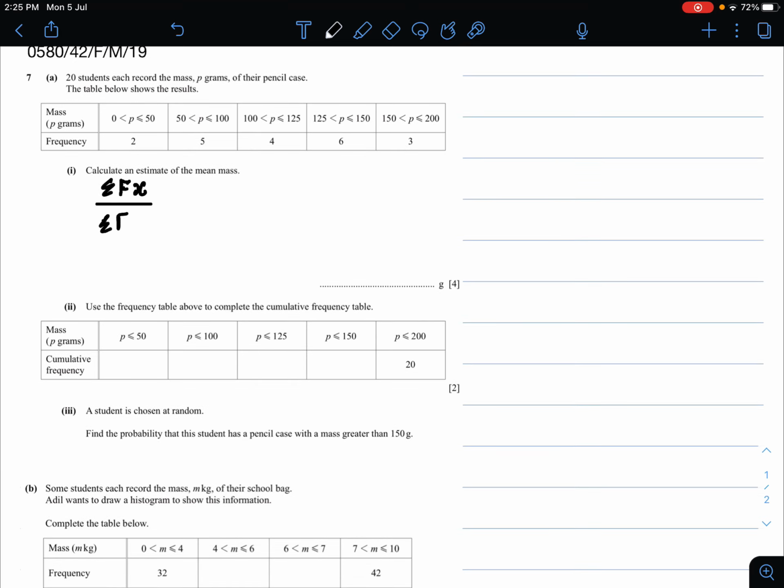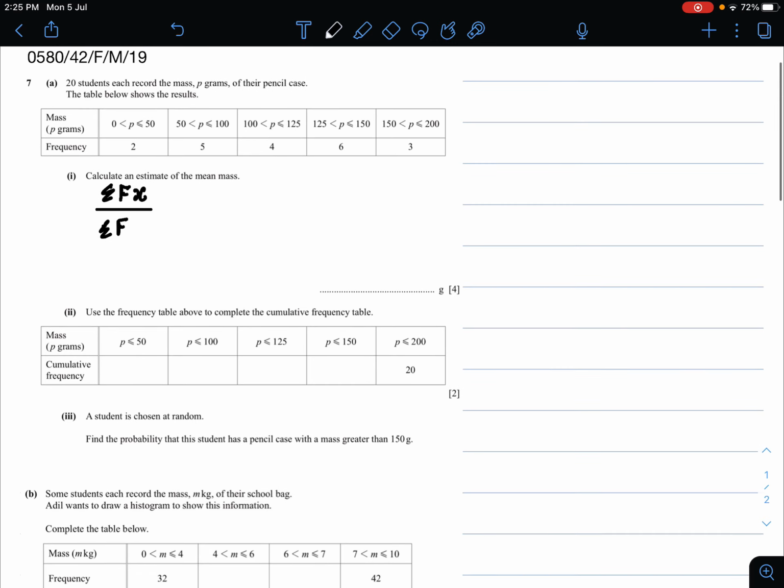In these cases, I mean when there is frequency involved. So how you find summation fx is you multiply the middle term of the class width with the frequency. So for 0 to 50, the middle term would be 25. Basically, you take the average of the class width and multiply it by the frequency. So 25 multiplied by 2 would be 50, plus the average of 50 and 100, 75, and 75 into 5